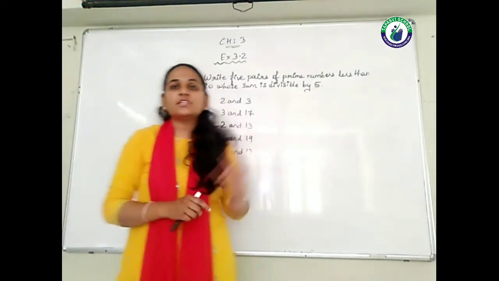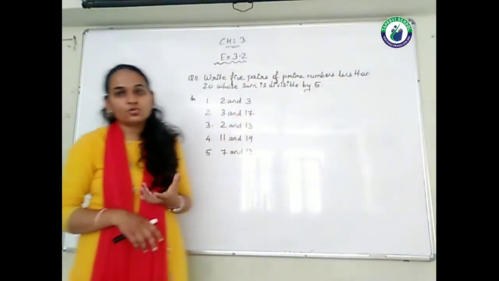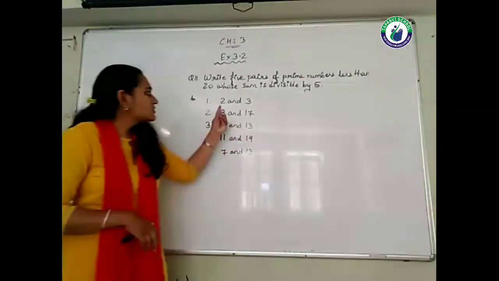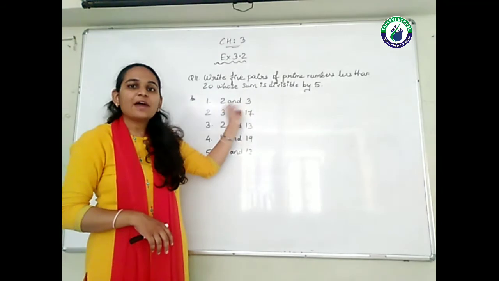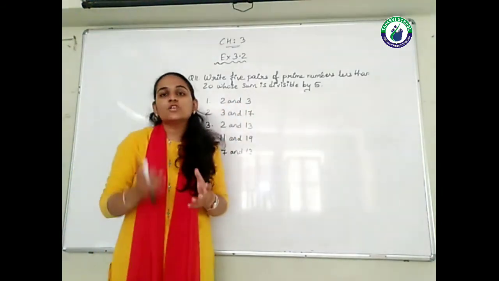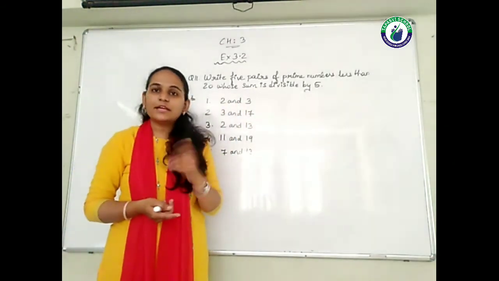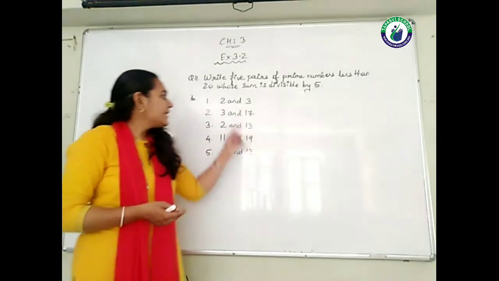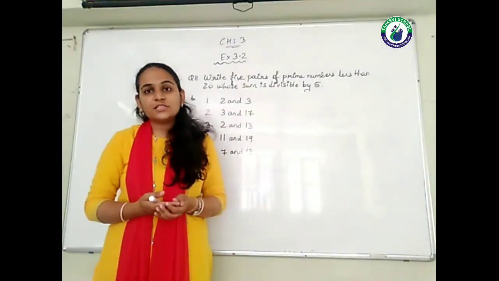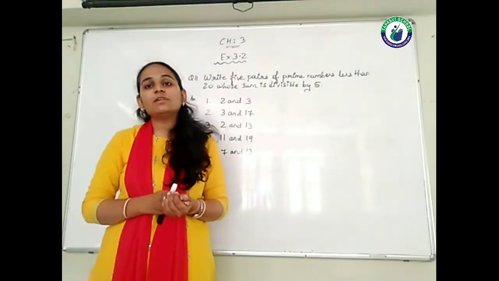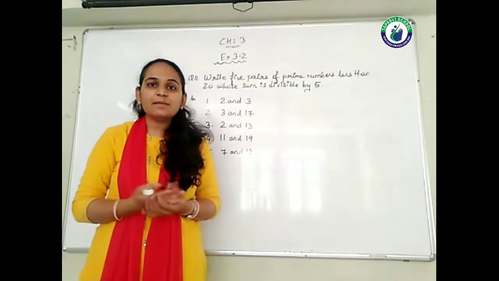They should be prime numbers also, and when you add them, you should get the number which is divisible by 5. So see here, students, my 5 pairs. You can make your own combinations also. So 2 and 3, students, less than 20 we have, right? If you add them, 2 plus 3, we get 5. So 5 divided by 5, we can do it. So we'll get 1. Next one, students, 3 and 17. They are the prime numbers, less than 20 also, right? If you add them, we'll get 20. So 20 is divisible by 5.